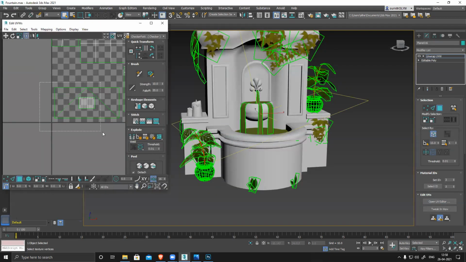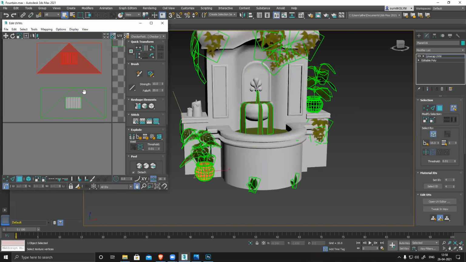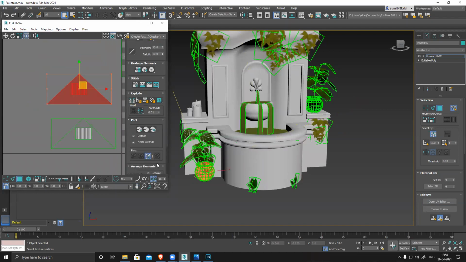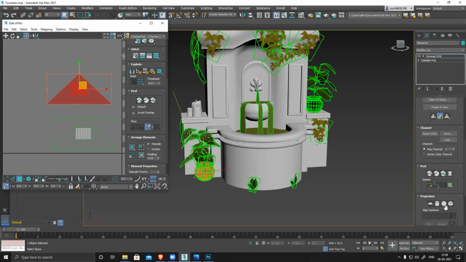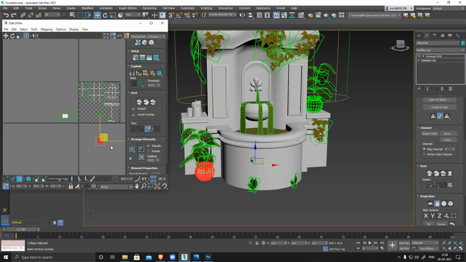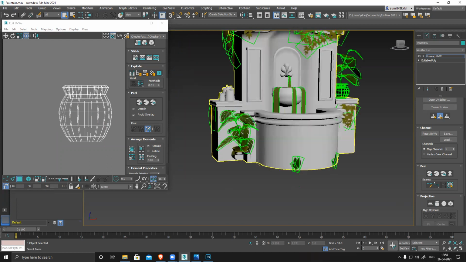So this is my pot, both the pots. What I can do is simply select any one of the pots, just one, not both of them, and then I can come here and you can see I have all these projections. It's more of a cylindrical shape. Click on cylinder. You see it opens this entire thing. It looks like a pot only, and switch it off. This is my main shape.